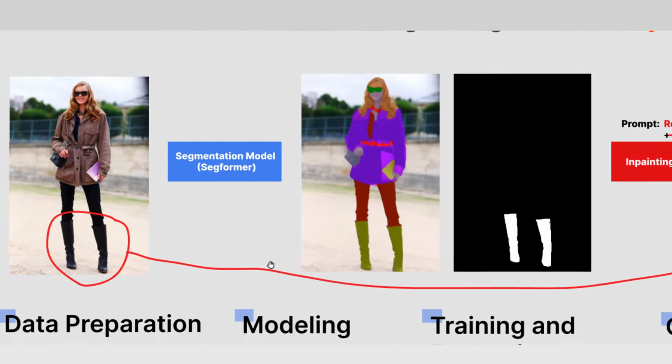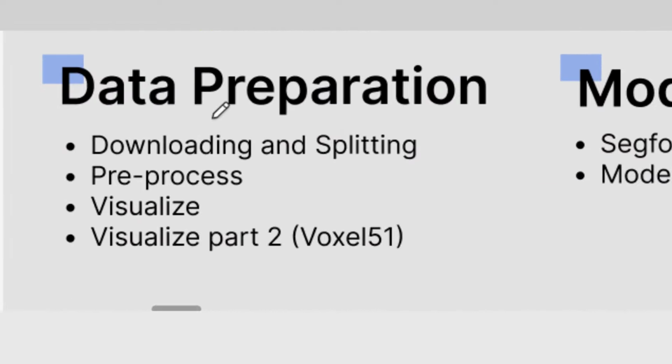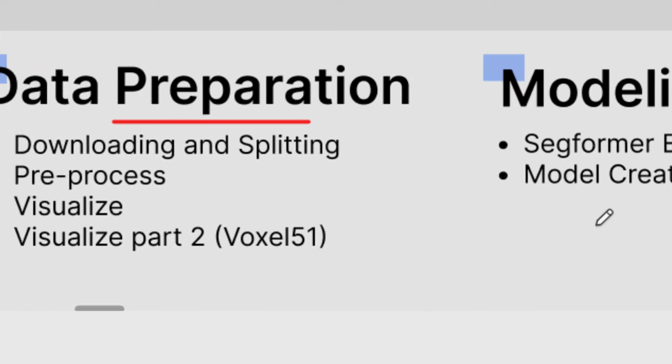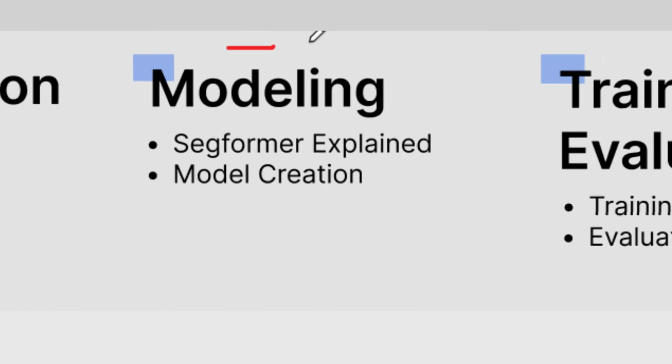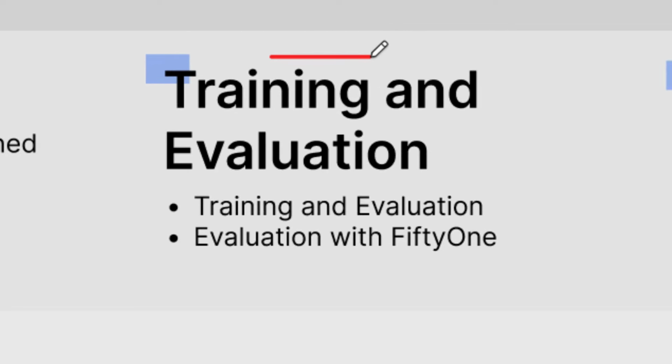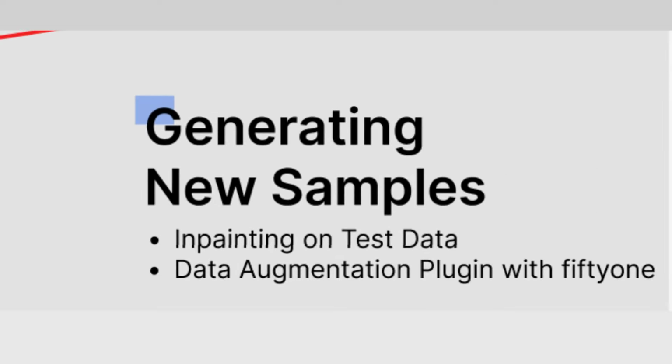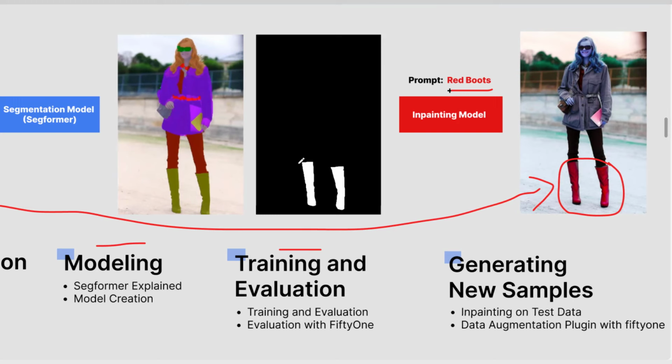And with that said, we'll start by looking at data preparation. Then we'll go on to dive into model creation. Then we'll train our model. And after training this model, we would make use of this trained segmentation model to input masks like this into our inpainting model, such that we are able to generate new images which have been modified based on a specific